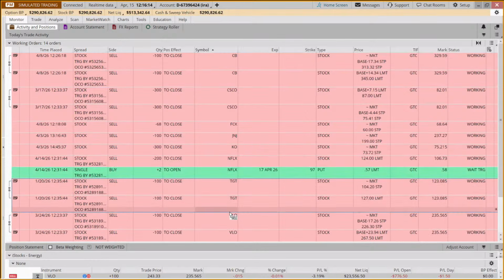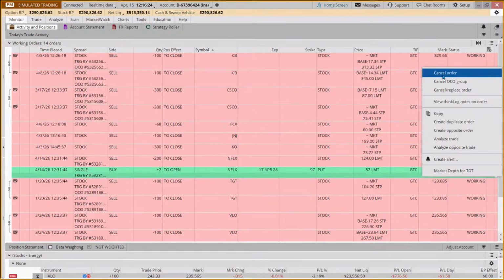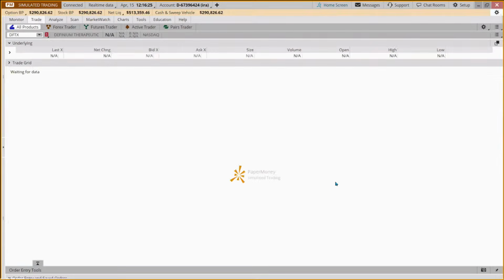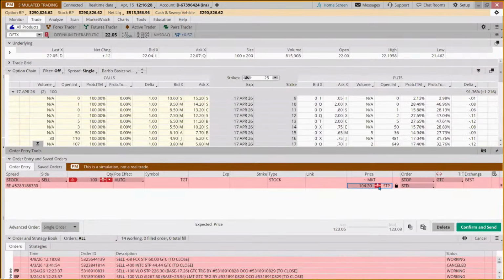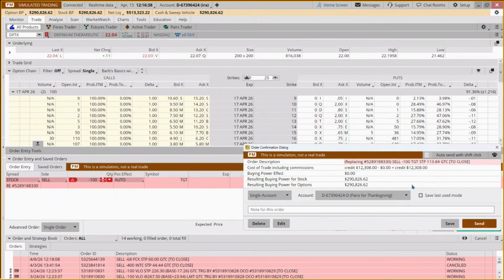So I can just scroll down alphabetically and say, okay, my stop loss was at 104.20. I want to cancel and replace that order. And instead of it being 104.20, I want to move it up to 113.84. Confirm and send. So we're placing that stop.